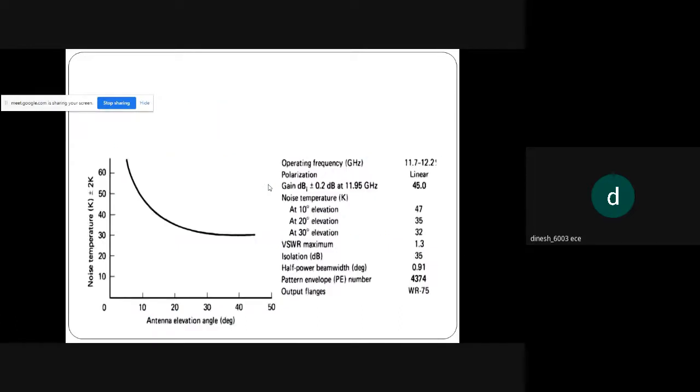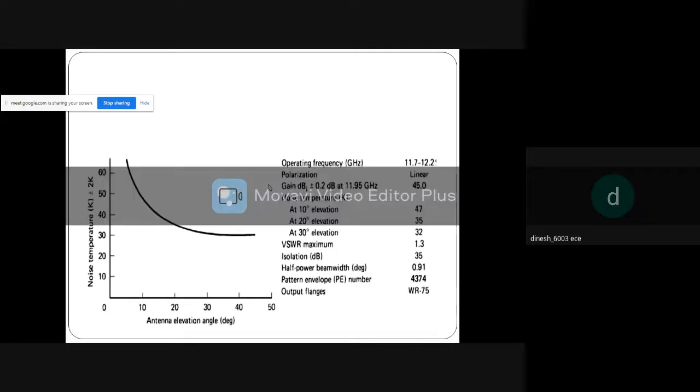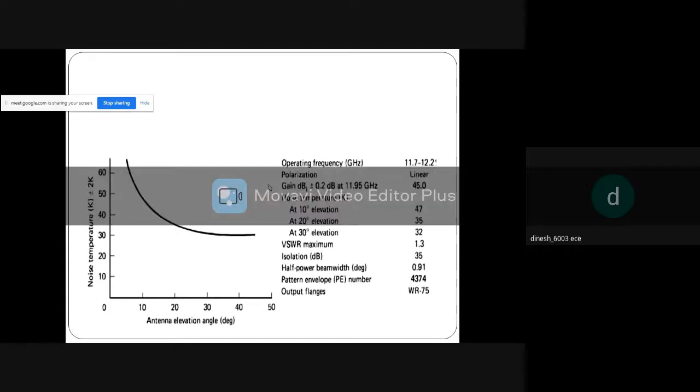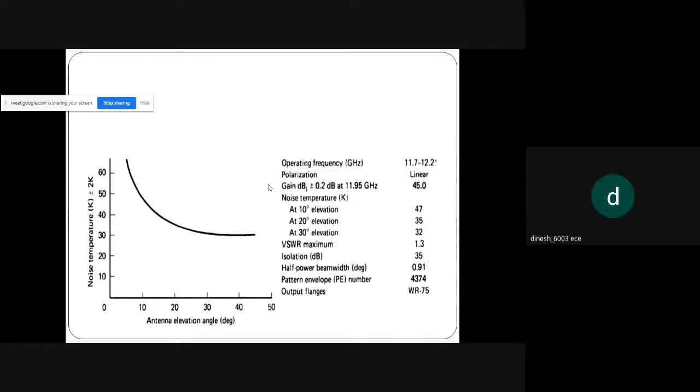You can see the noise temperature is varying from 0 to 60 on the y-axis, and on the x-axis we have 0 to 50 degrees of antenna elevation angle. So we choose linear polarization, operating frequency between 11.7 to 12.2 gigahertz, the gain at 11.95 gigahertz measuring about 45. At 10-degree elevation, we get around 47